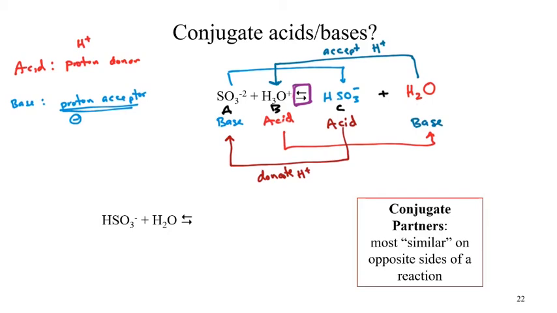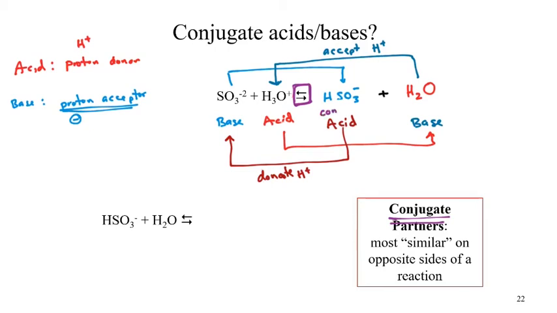Okay? And it addresses the issue with our labeling. We've called the acid and the base, and we've just said there's really no difference between reactants and products. But there is a difference. That's why we call one reactant and one product. This is where we introduce the idea of conjugate partners. Okay? On the product side, those aren't acids and bases.